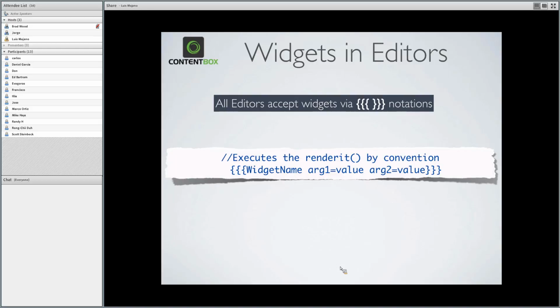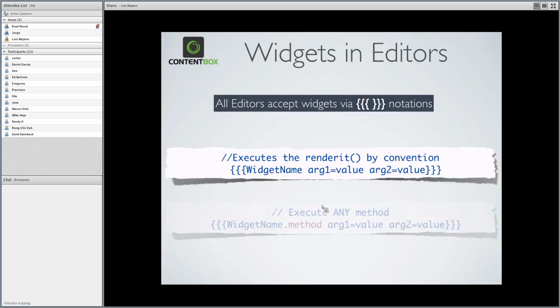Now remember, your widget is a CFC. It is managed by the dependency injection framework, so you can have many other aggregations. You can basically make your widget inject from other objects inside of your application. So if a project manager gives you a requirement that says, hey, I need you to create a widget that talks to a model that we already have in the application, no problem. You basically just inject it, use it, and that's it.